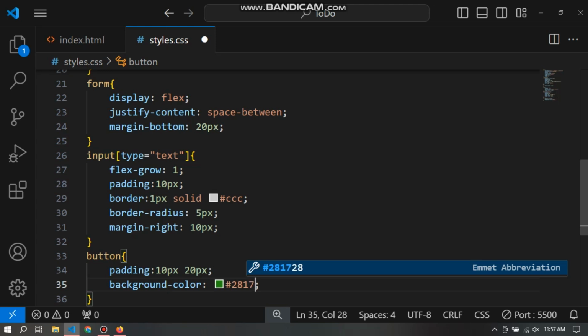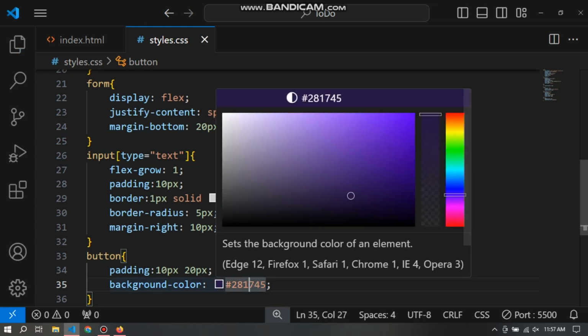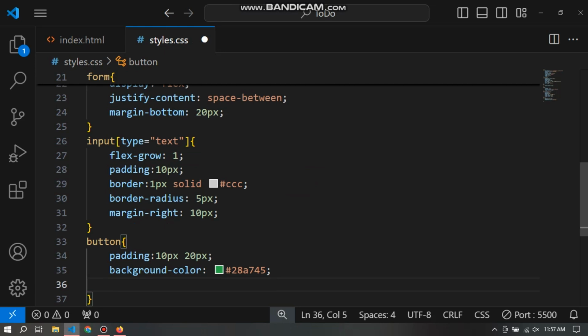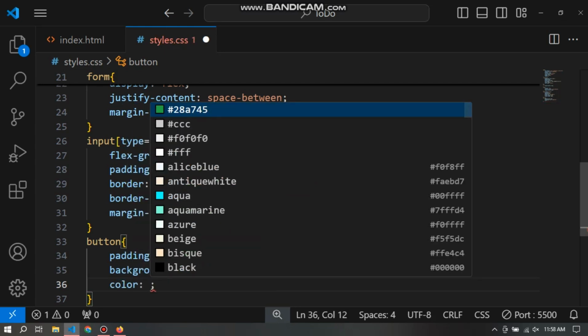It's a greenish color. And the color is going to be white,